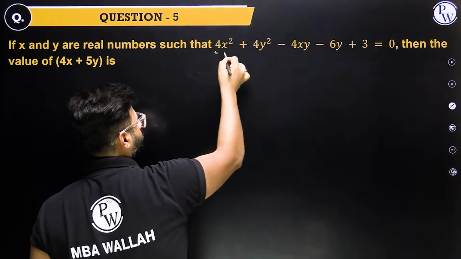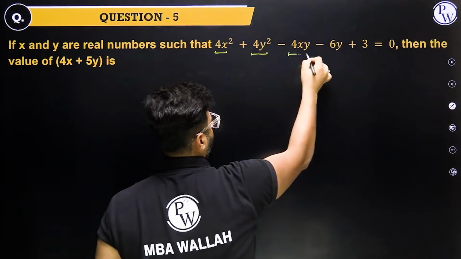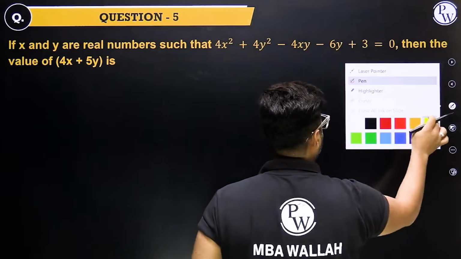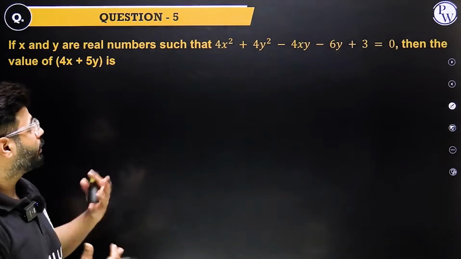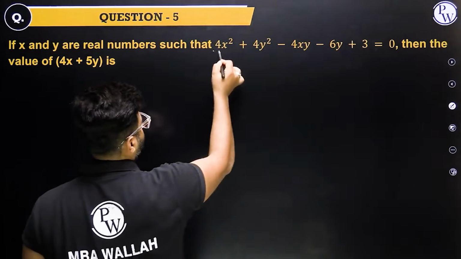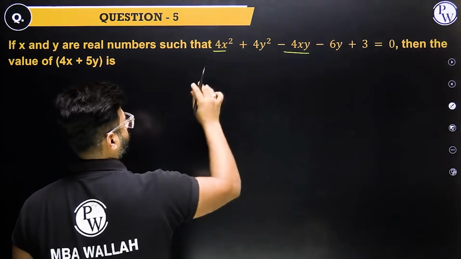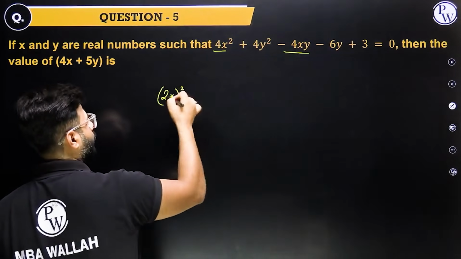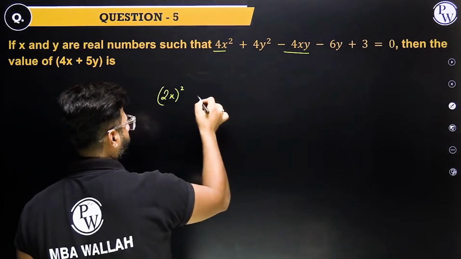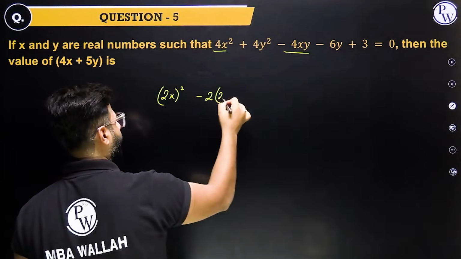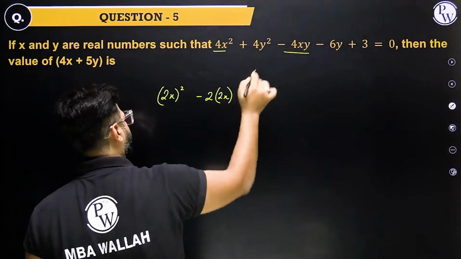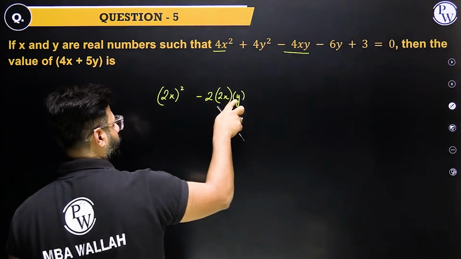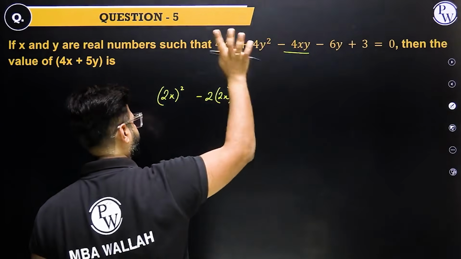Now guys, whenever you see these quadratic powers, and that too in multiple variables, the game is definitely based on perfect squares, making them perfect squares. So what I see is 4x square and minus 4xy. Let us see how much y square they will require. So I know this is going to be 2x whole square, that's 4x square. How to settle minus 4xy? 2 into a, already I have 4x. I need 4xy, so 1y has to be given. So now I have a square minus 2ab, and here 4x square and 4xy are settled.